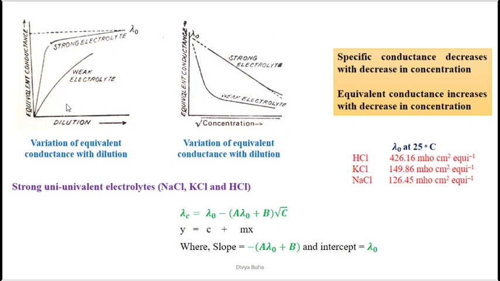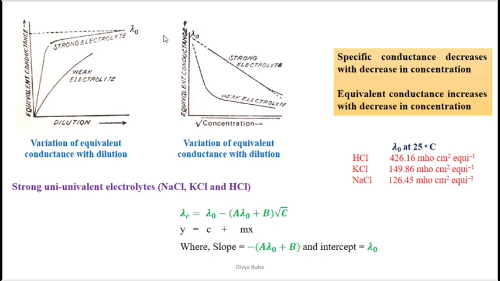You can see that as the dilution increases, or you can say as the concentration decreases, equivalent conductance increases. But later on, when the solution is highly diluted, the equivalent conductance would attain a limiting value. So equivalent conductance would attain a limiting value at infinite dilution, because whenever you dilute the solution infinitely, it would hardly have any of the ions. So that concentration you can also consider to be a zero concentration, right?